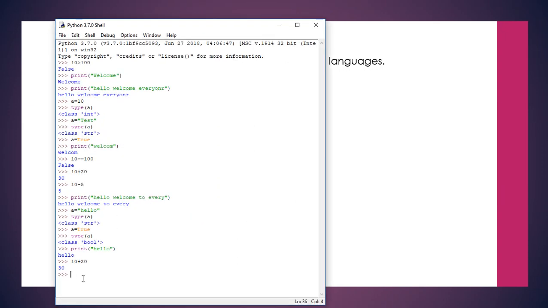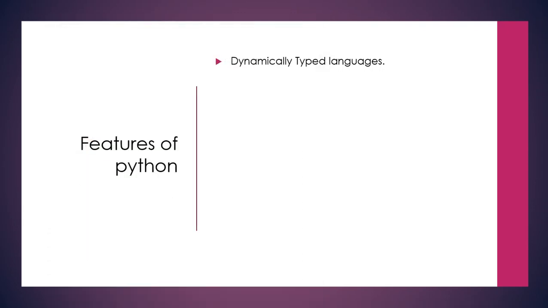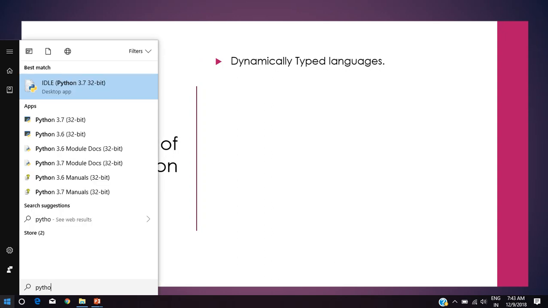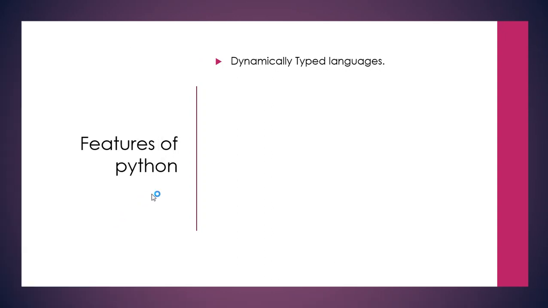See, if I have a variable a and I want to assign a string to it, and let's check the type of it. Friend, it is giving string. Okay, now my variable is of string type. So if I want to reuse that variable for other purposes,